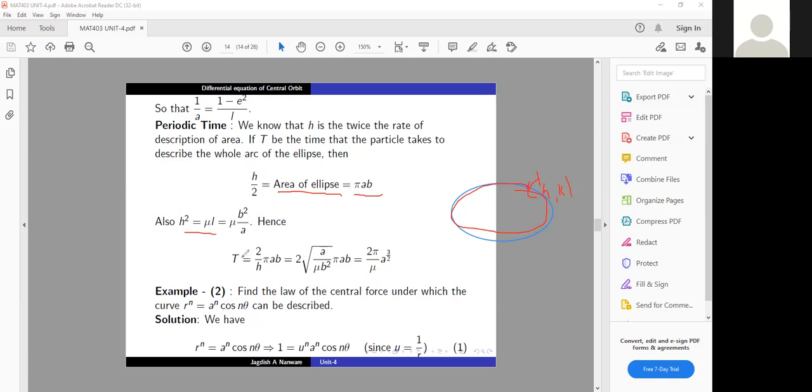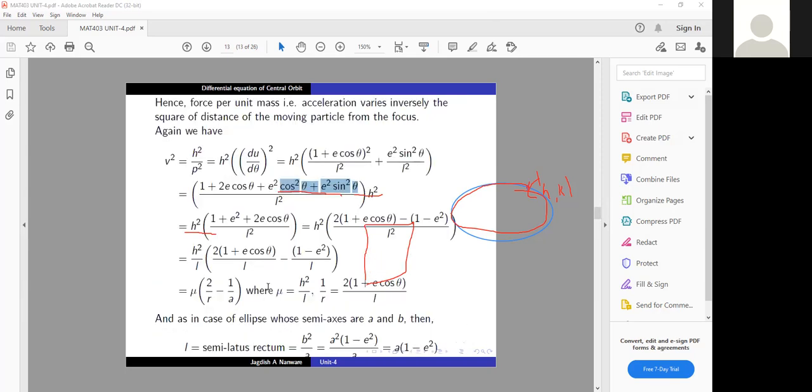So the periodic time T is equal to, you just put the value of h here. So that gives 2 upon h pi A B, and we get this after putting the value of h. So T is equal to 2 pi upon root mu, a to the power 3 by 2. So what is mu? In the previous article we have seen what mu is. Mu is equal to h square divided by L. So if you know h, and let us